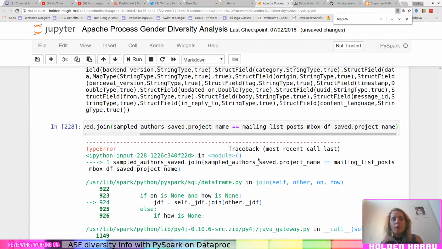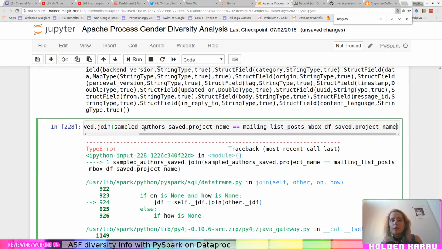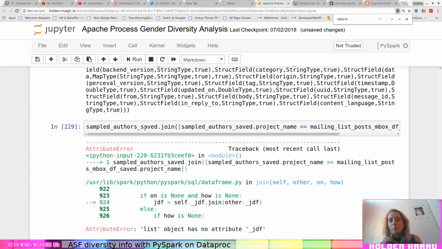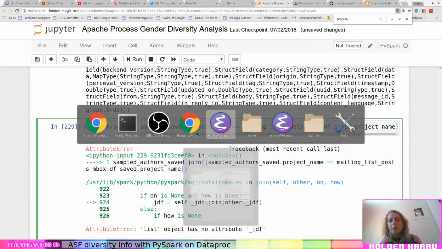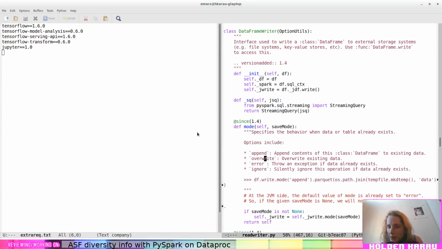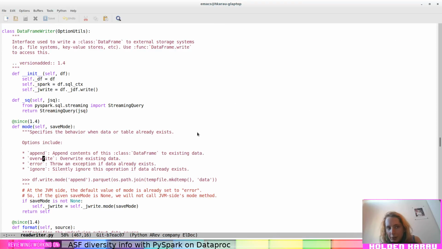Okay, so perhaps it just needs a list of join conditions. That seems plausible. Nope. Okay, let's go and look at the Python documentation rather than just depending on guessing.